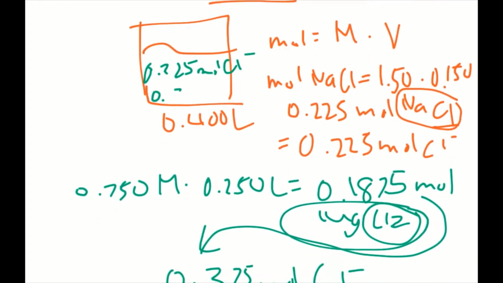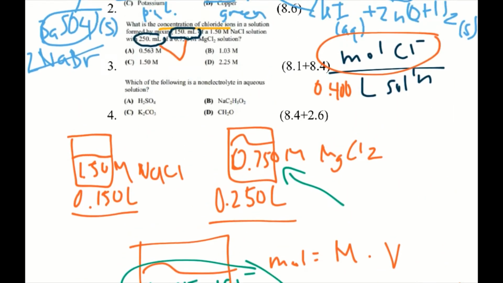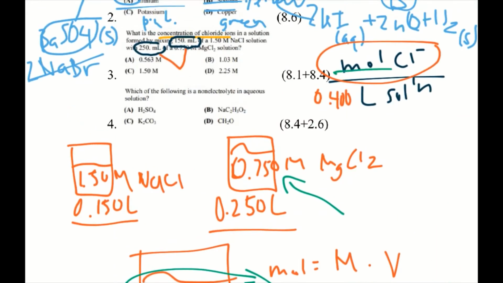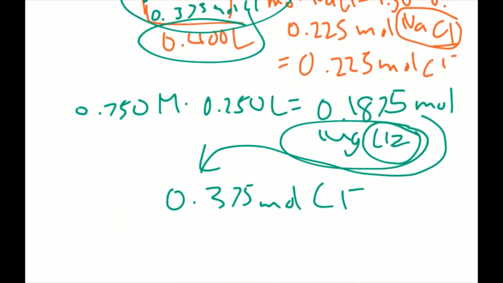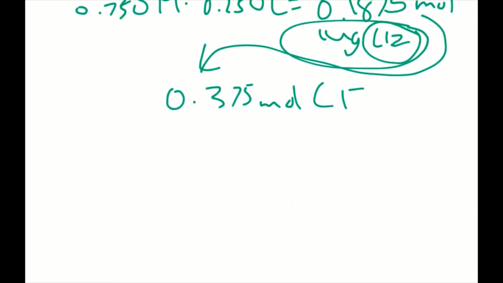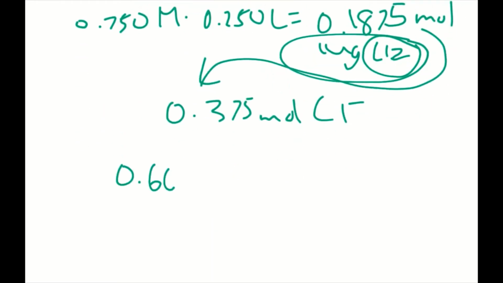So 0.375 moles of Cl-. Now we have the moles of Cl-, and we have the total volume of the solution. We can find the molarity of Cl-. So the moles of Cl- will be 0.225 plus 0.375, and that actually gets us 0.600 moles of Cl- present